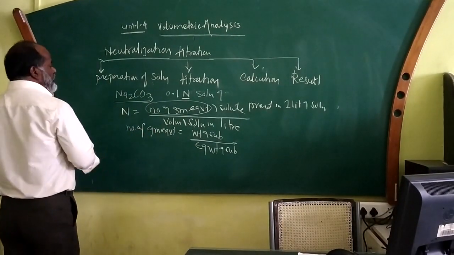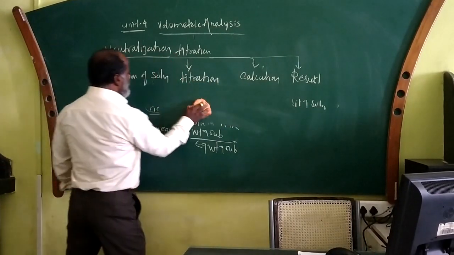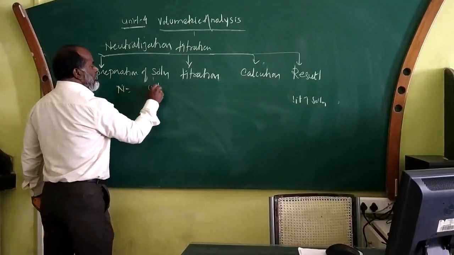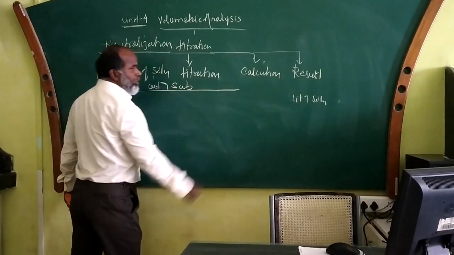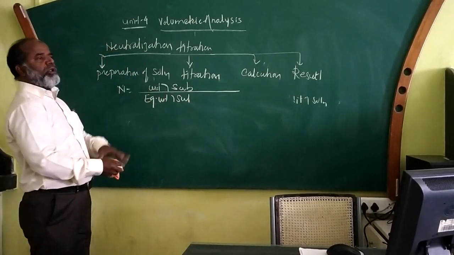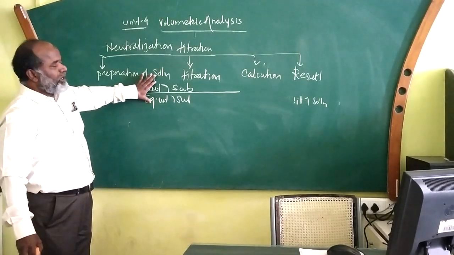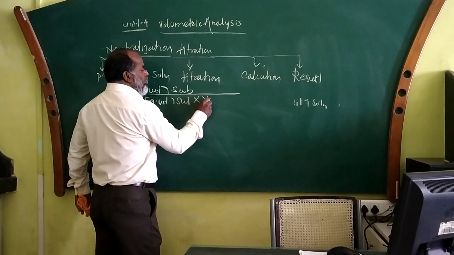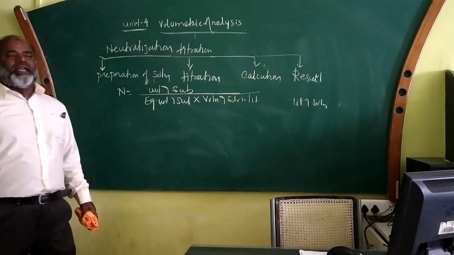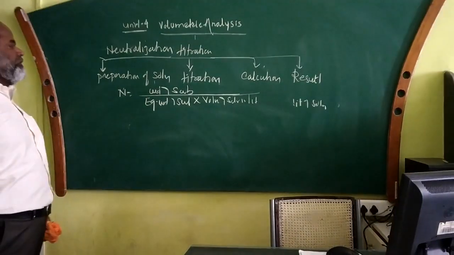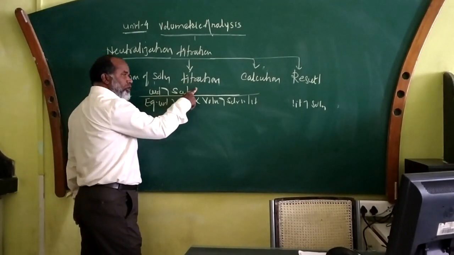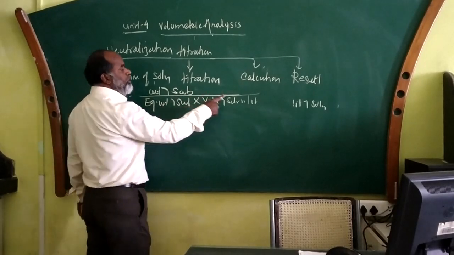So now my definition is further changed. अब देखिए मेरी definition फिर से चेंज होगी. मैं normality को फिर से simplify करने जा रहा हूँ. Normality is weight of substance upon equivalent weight of substance. Clear? This ratio will give number of gram equivalent. ये दोनों मिलके number of gram equivalent upon volume of solution in liter. Look at here. This is modified or simplified definition of normality. Weight of the substance in gram, equivalent weight of substance in gram, weight of substance in kilogram, equivalent weight of substance in kilogram, volume of solution in liter.